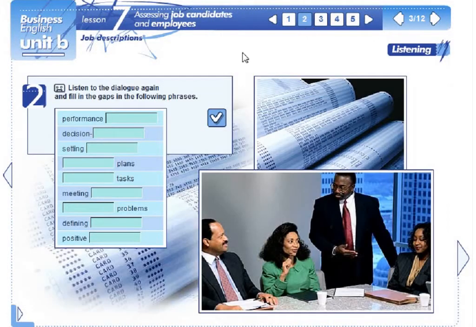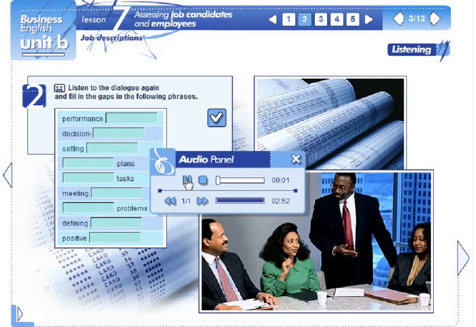As we are now familiar with the recording, we can do an exercise to develop our skills of listening for